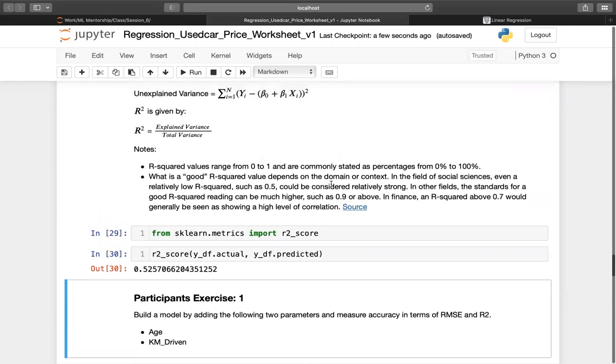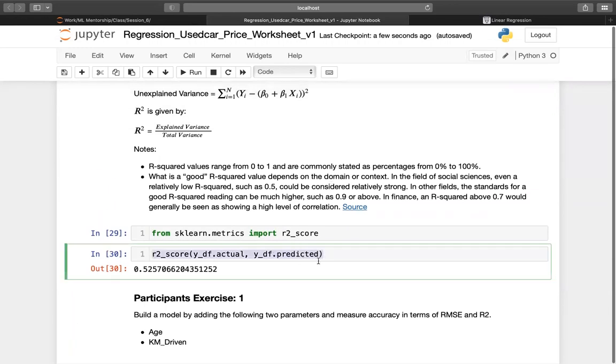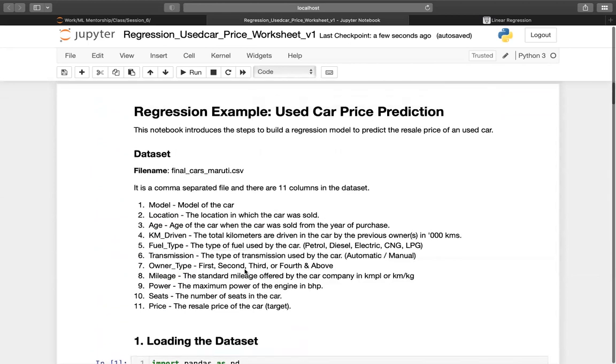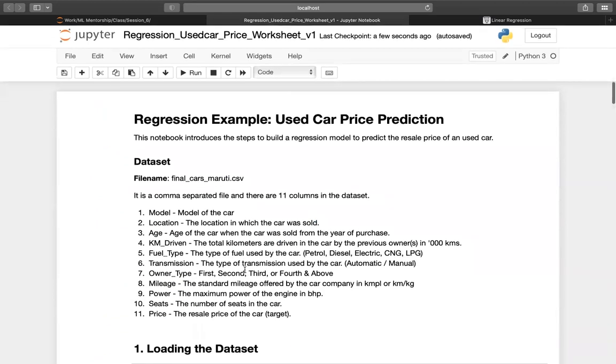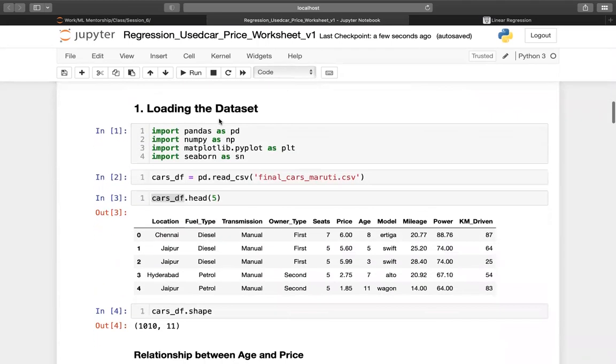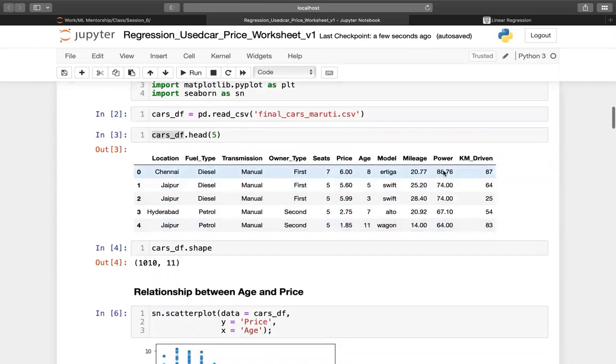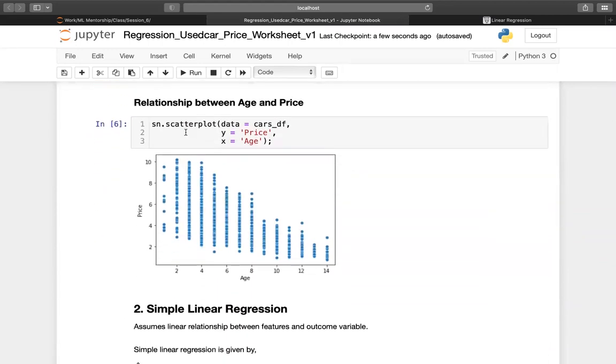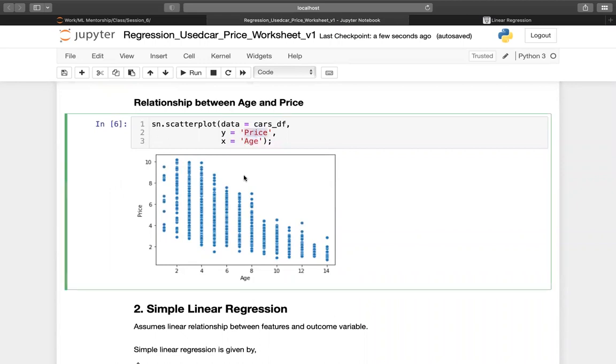Okay. So again, I'll quickly do a recap, and we'll take the advanced part in the next session. Okay. So we loaded the data, used cars Maruti, and these are the factors and my outcome variable is price. For the first step, we have taken only one variable called age to predict the price value, and we